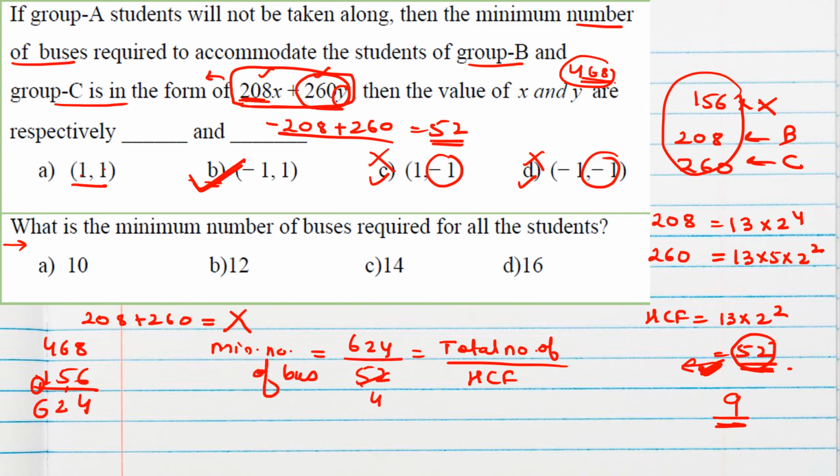So 13 fours we can write, then 13 fours are here also we can write. Okay, so 10 will remain, then 104 will become, so 13 eights we can write. Okay, then 4 ones are 4, 4 twos are 8, so 12 buses are required. So B is the correct option.